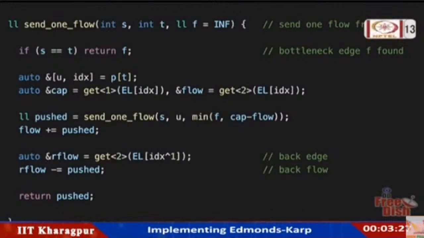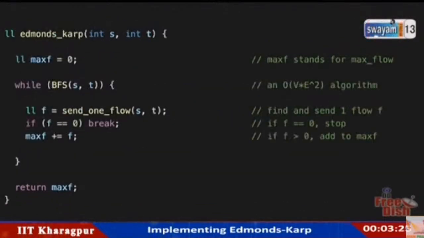So now it's time to piece everything together and actually look at the Edmonds-Karp algorithm now that we have all the specific pieces in place. So as we said, to begin with, the maximum flow is initialized to 0. We haven't really done anything yet. And now what the algorithm is basically saying is the following. For as long as you can find a path from S to T in the residual graph, find the shortest such